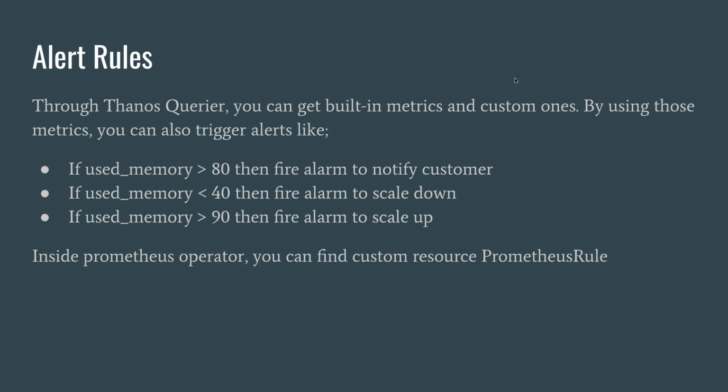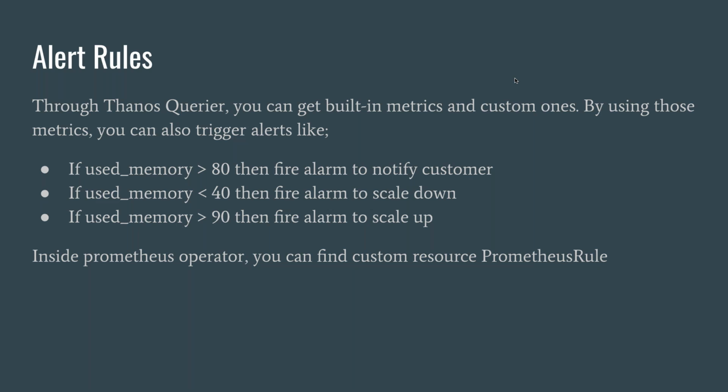We talked about alert rules, but let me provide an example. If the used memory inside the cluster goes above a threshold, then you can notify the customers, maybe because they haven't enabled the auto-scaling feature in their cluster, so it will be better to notify the customer. So this is a very good rule. The customer knows that, okay, there is 80% usage. Okay, I need to go to the console and maybe scale up my cluster manually.